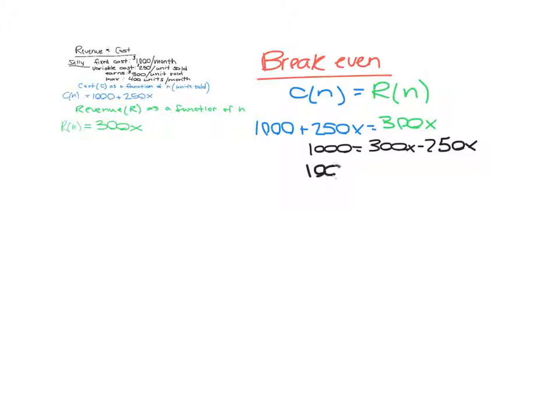And 1,000 would be equal to the difference, which is 50x. Then we are going to take our 1,000 and divide that by 50. So this goes into that. I'll draw that a little bit better. So divide both sides by 50, which gets us 20